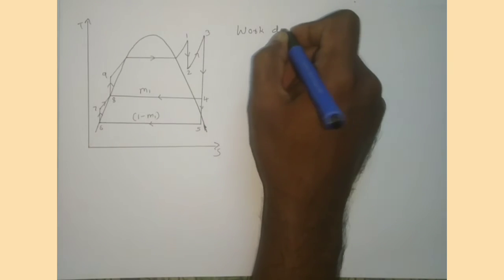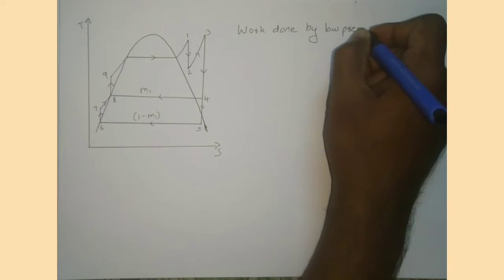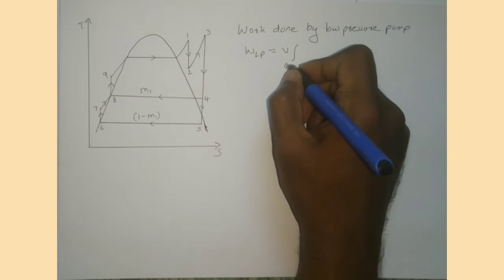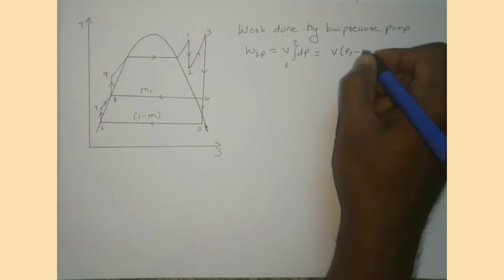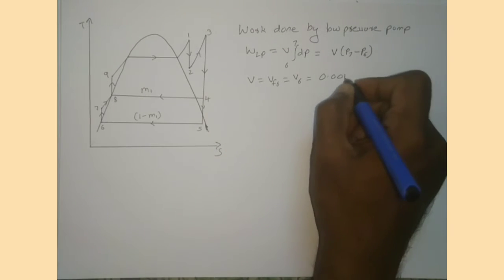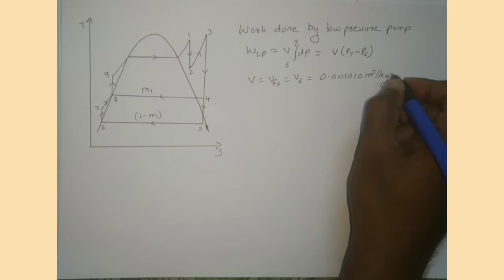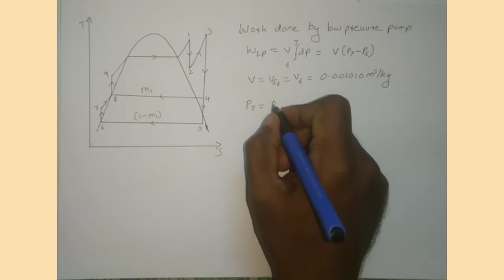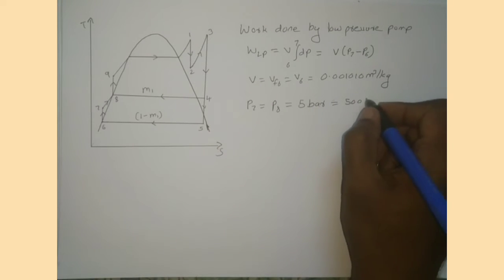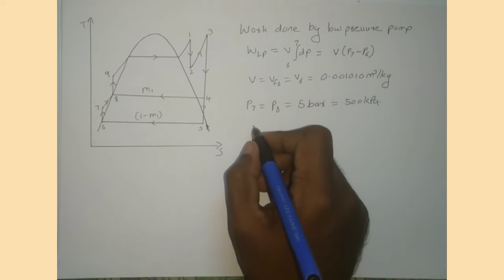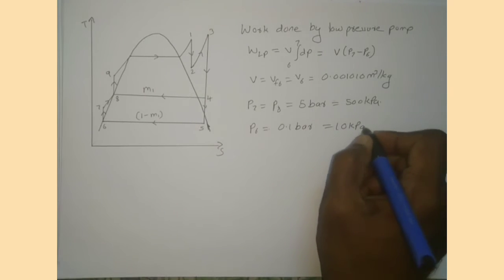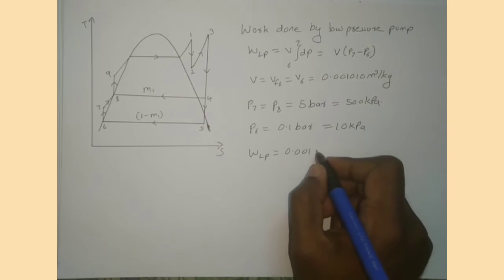Work done by low pressure pump, that is WLP equals V into integral 6 to 7 dP, that is V into P7 minus P6. Okay, we know V equals Vf6 equals V6 equals 0.001010 meter cube per kilogram and P7 equals P8 equals 5 bar, that is 500 kilopascal, and P6 equals 0.1 bar, that is 10 kilopascal, and we are substituting the values, and after calculation we will get